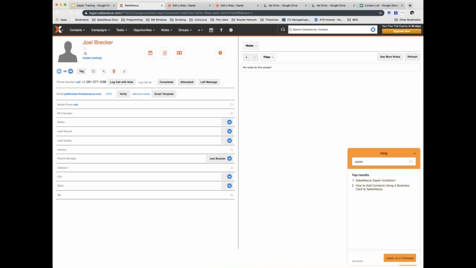And I am going to open up the little help down here in the bottom corner, that little orange help. I'm going to click on it, and if you haven't clicked on it before, it'll say chat. So go ahead and click on that, and then type in Zapier at the top, in the search right below help, and just hit enter. You'll see the first result is going to say SalesNexus Zapier